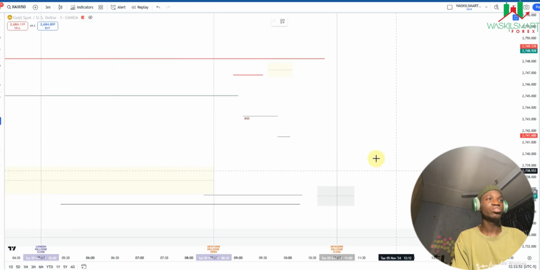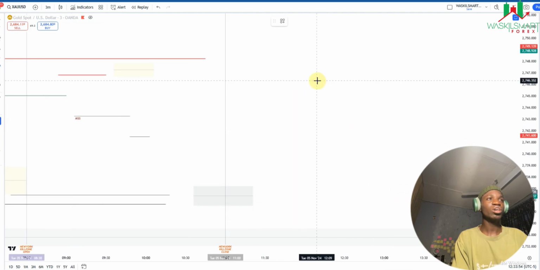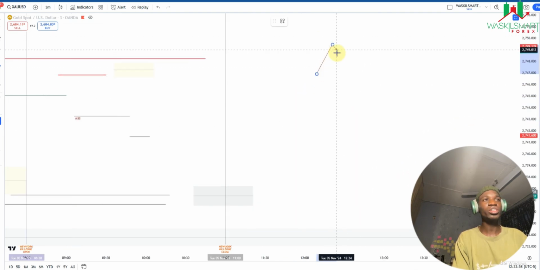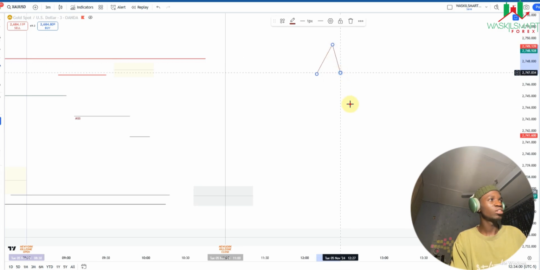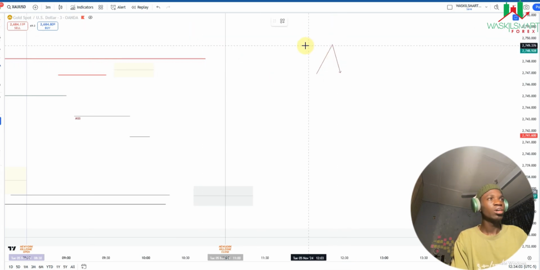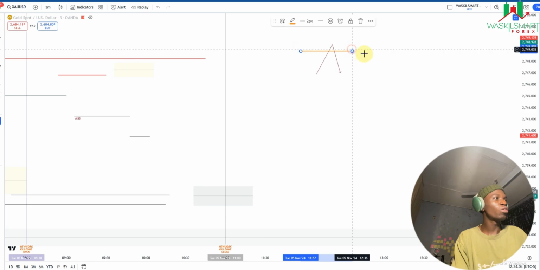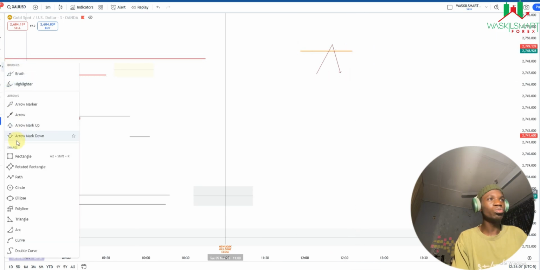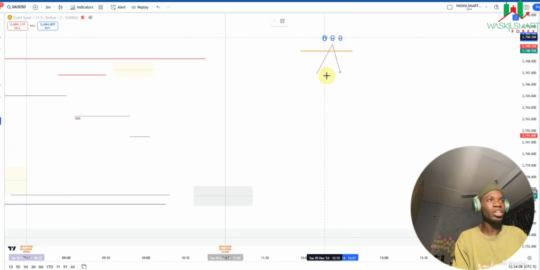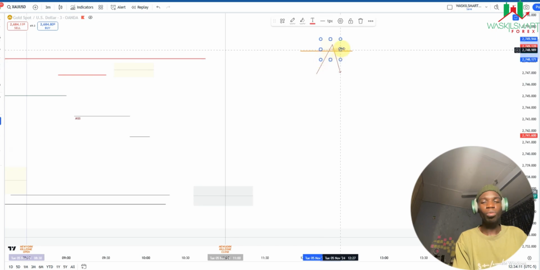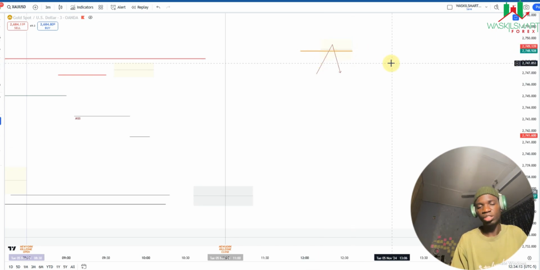Okay, this is the strategy. The market took out the liquidity on the 15-minute chart. So when the market took out the liquidity on the 15-minute chart, in this particular zone here, I will transform to the 3-minute chart or